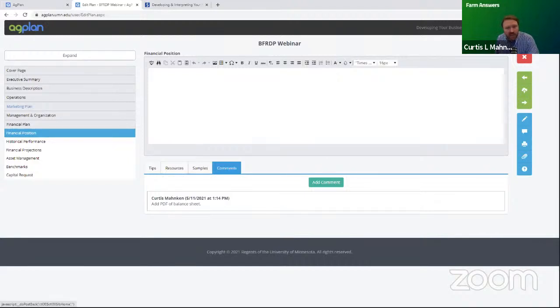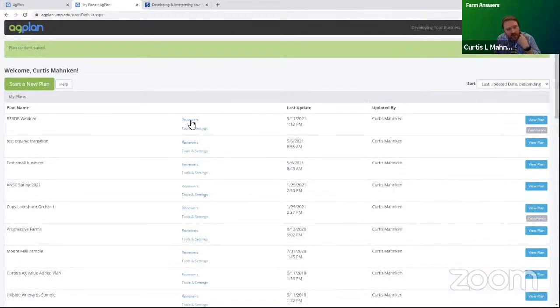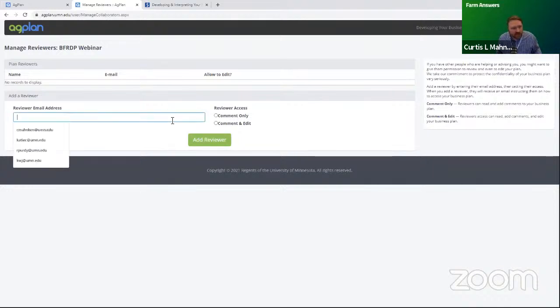So I'm actually going to click on the red X right here, which will save my work and then take me back to my plan section. Then once that loads, I'm going to click on the reviewers. And I have Rachel Purdy, who's another economist with us here at the Center for Farm Financial Management. And I'm going to add her